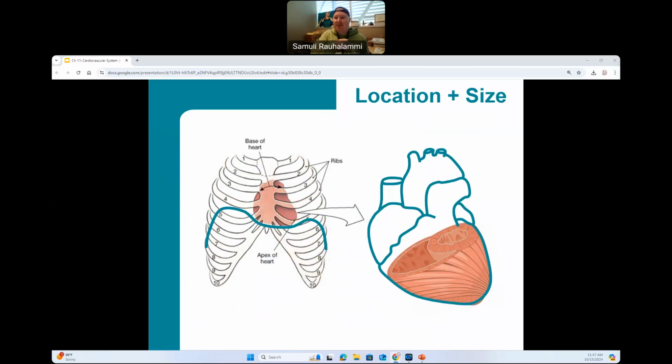And as you've seen me using in this analogy, my fist as an example of the heart, that is actually a really good analog because our heart is roughly a fist-sized organ. So that helps you to have an idea of the size of the heart in a newborn versus an adult. Usually their fist is a pretty good comparison to what size we're seeing there. In terms of the weight of the heart, it's typically less than a pound. Obviously, the heart is like any other muscle. You can train it, it can grow bigger, it can be smaller. It's proportional to the body size. So we're talking about averages here.